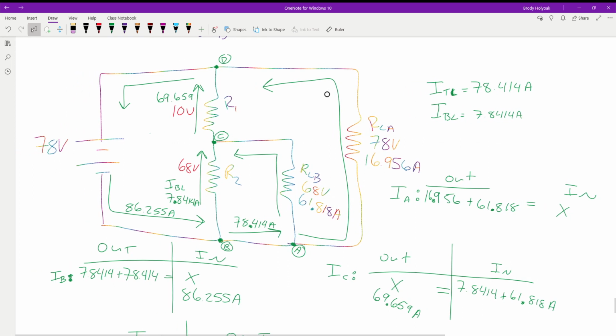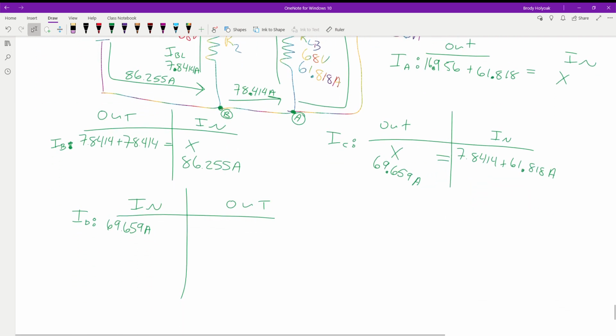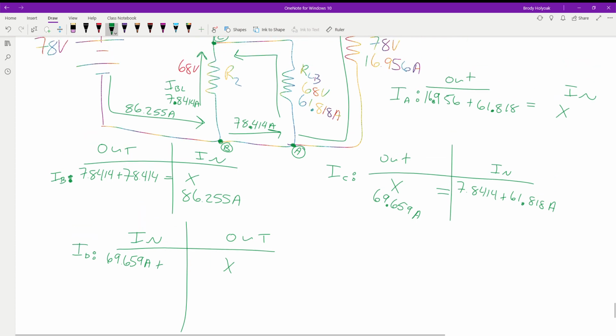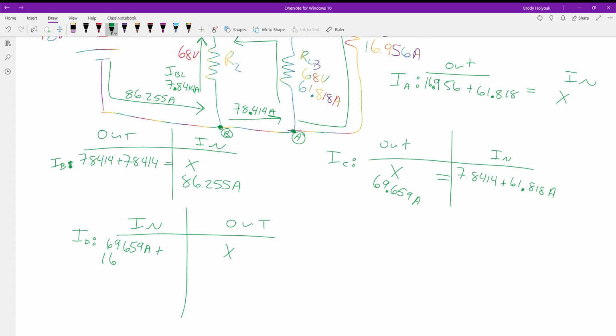How much do we have coming out? The total current. So we've got this coming in, we have this coming in. We have to solve for how much is coming out. That's the one variable we don't know. So coming out, we don't know. We will add this to the 16.956 amps. And when we add those two together,